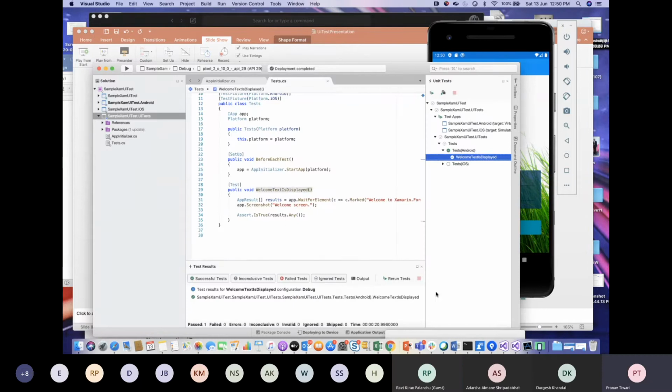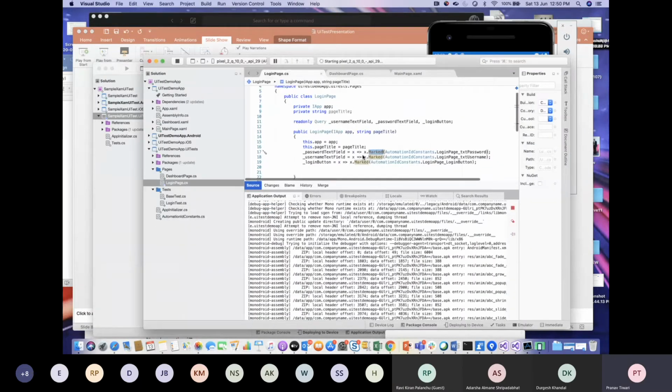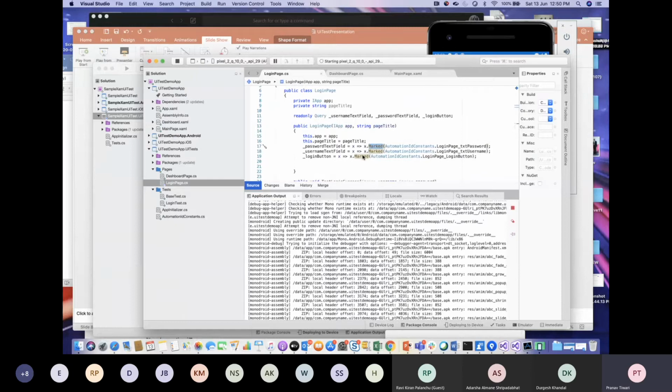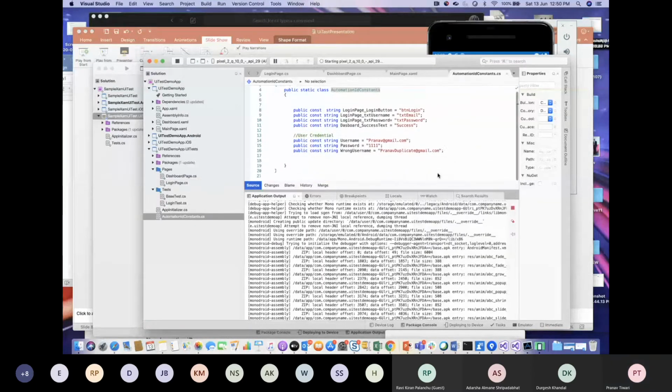So we'll go to our solution. Here we are using x.mark to get the IDs. We have created an automation ID constant, so we'll go there and see what all it has.